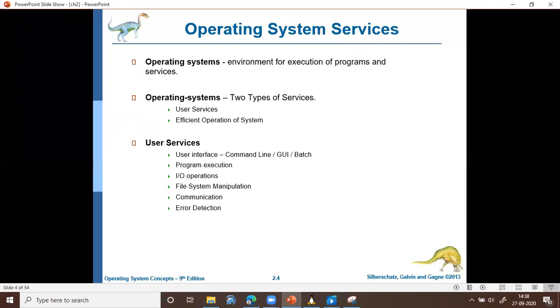The operating system should constantly check whether there is any error, and if there is, it should detect it and take the appropriate action. This service is called the error detection service. So these are the services provided by the operating system for the user.